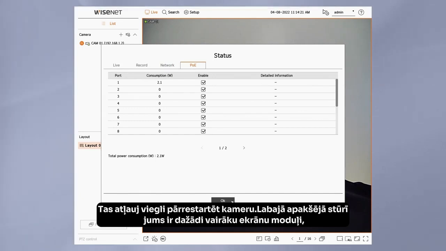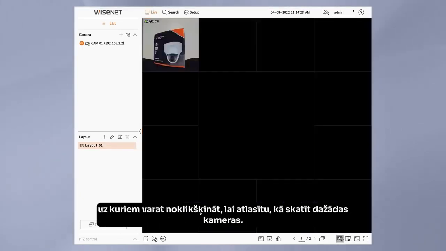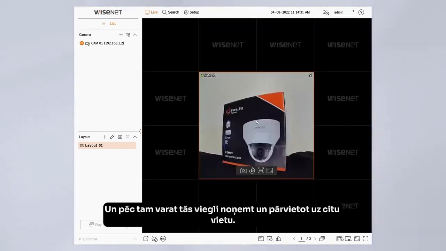On the bottom right, you have the different multi-screen patterns that you can click on to select how to view your different cameras. And then you can easily drag and drop them